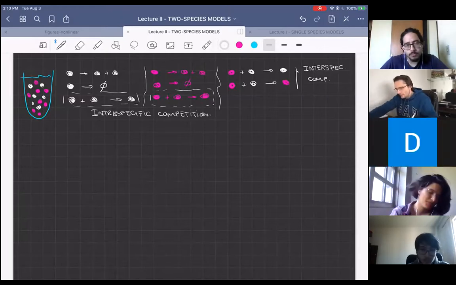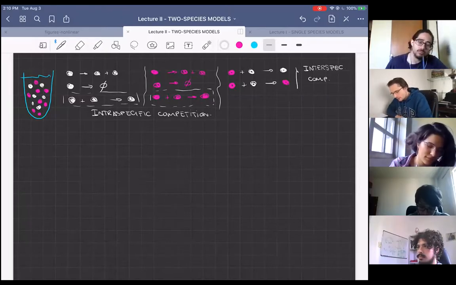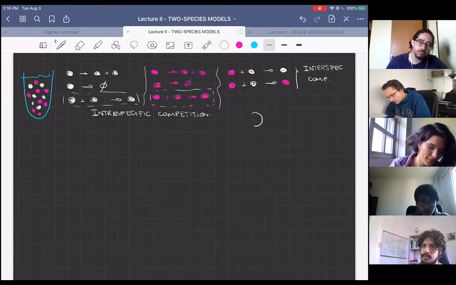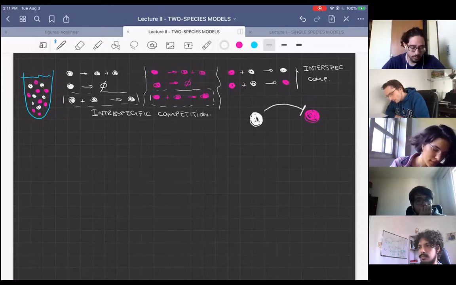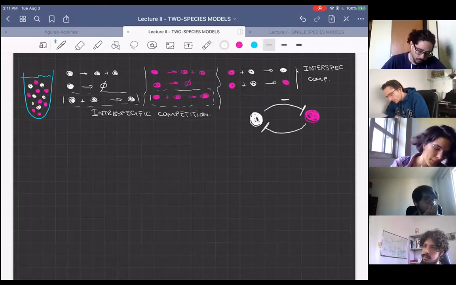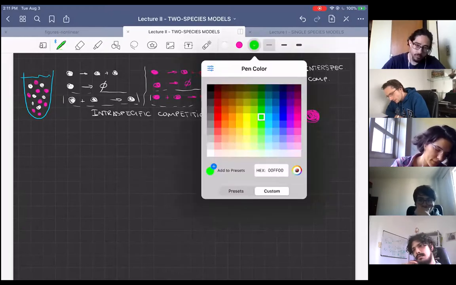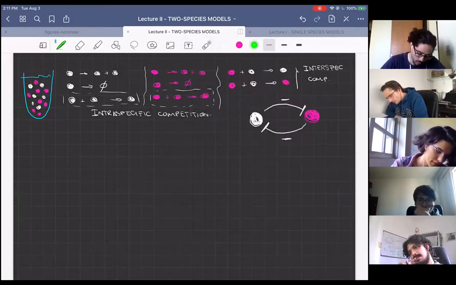So at the end, what we are having is these 2 different species of yeast, or these 2 different types of cells, the white ones and the pink ones, that are living together in this bottle. And we have that the presence of the white type of cells inhibits the growth of the pink type of cells, and the other way around as well. And this is just a schematic way of representing this interaction